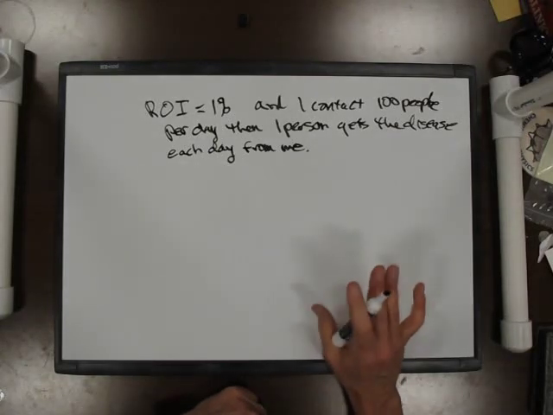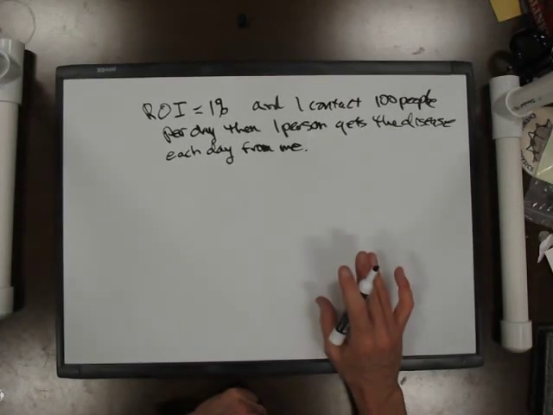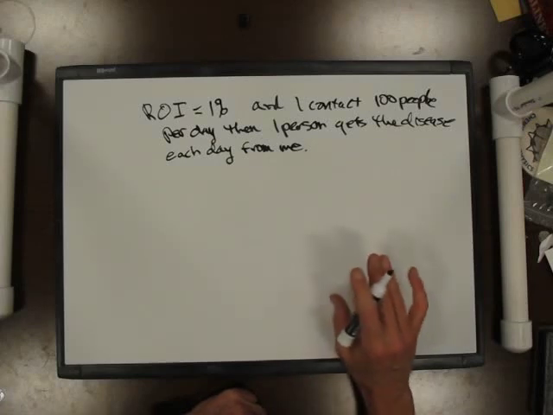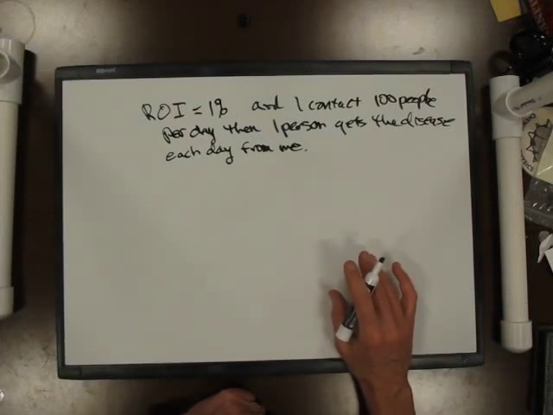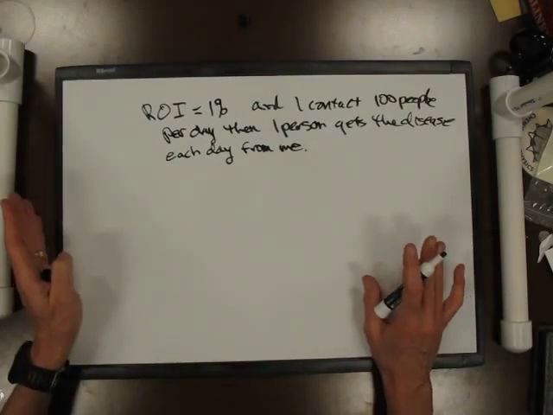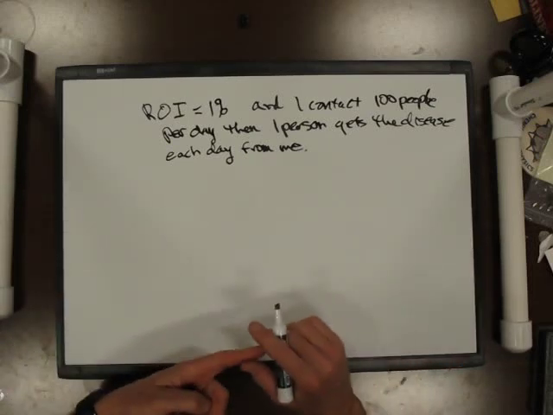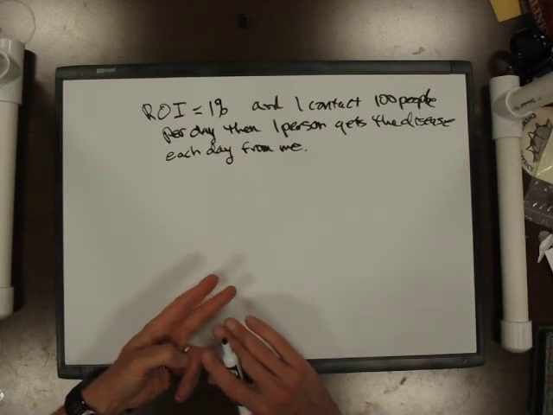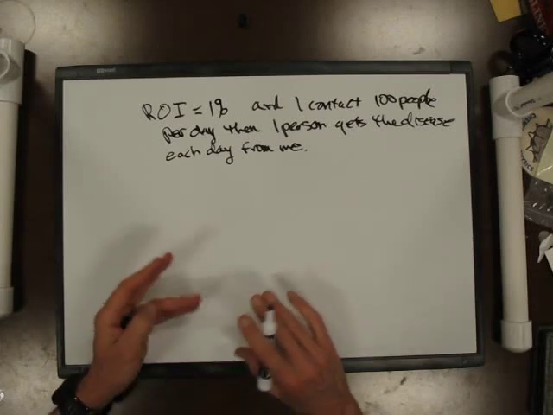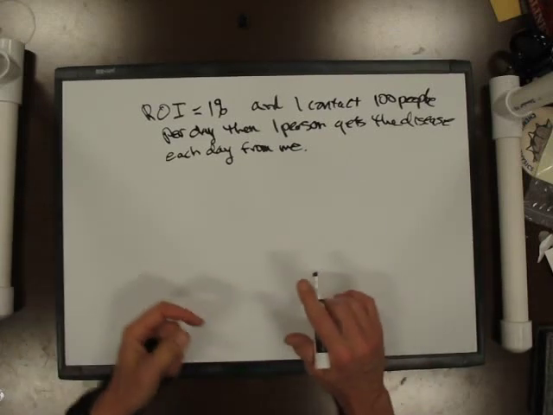If I contact 100 people and I have a 1% rate of infection, then one person every day gets it. And so if those numbers are the same for everybody, that is to say the people I transfer the disease to also have a 1% infection rate and also contact 100 people a day, we're just picking averages, then